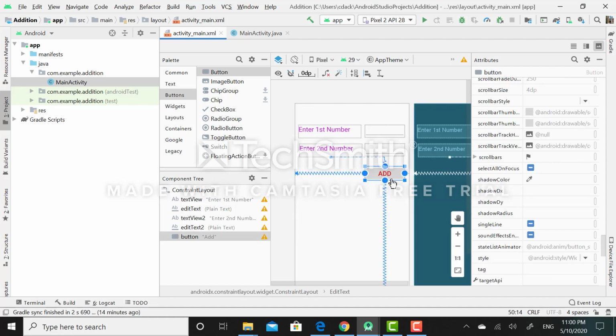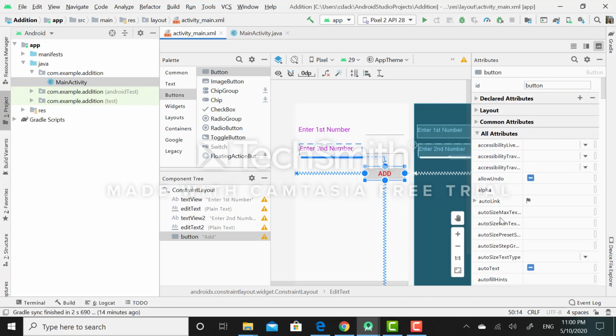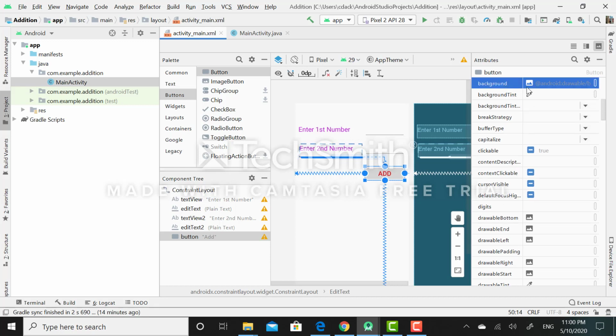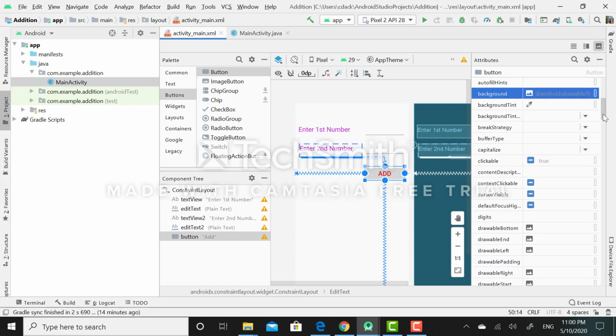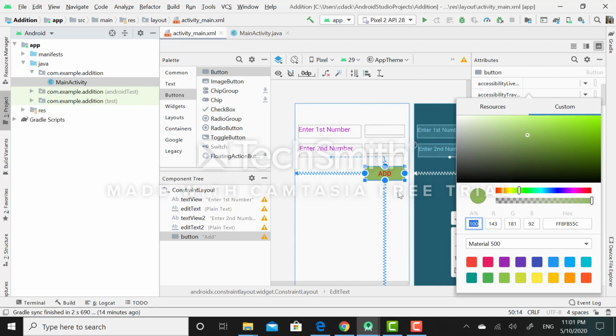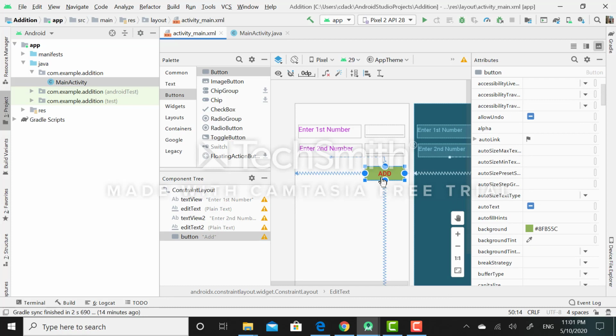Now to change the background color of this button, I will select the background attribute. So I have set this color as the background on this button. So this is my add button.